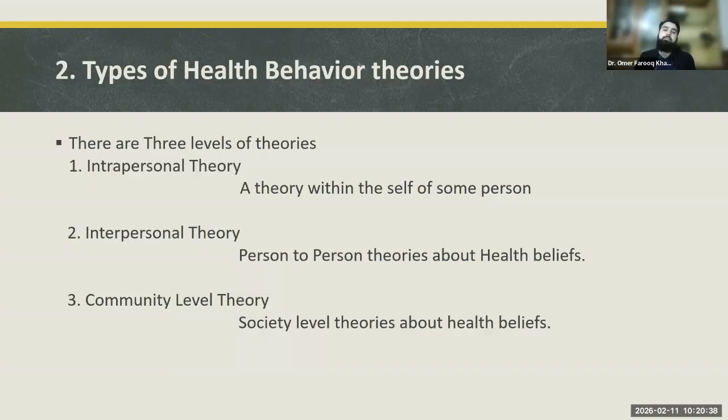Community level theories are basically society level theories about health beliefs, about how a society thinks about a specific set of things. For example, in Pakistan, sometimes people are very negative about surgical treatment of some fractures. I am a trauma surgeon, an orthopedic surgeon, so most of the time I encounter patients who say, no, we do not want to go for this surgery of femur fracture or tibia fracture. Some relative told us that if you go for a surgery of femur fracture, then this bone will not heal at all, and we want to go to